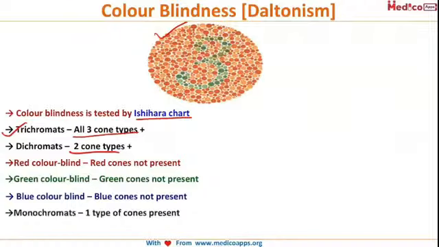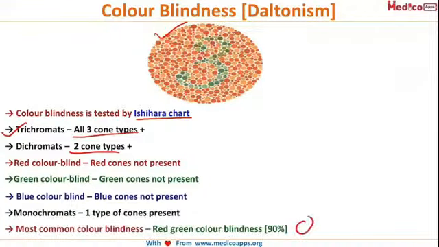And what is the most common type of color blindness? This can be a question. 90% of people are red-green colorblind. That is, they can only see hues of